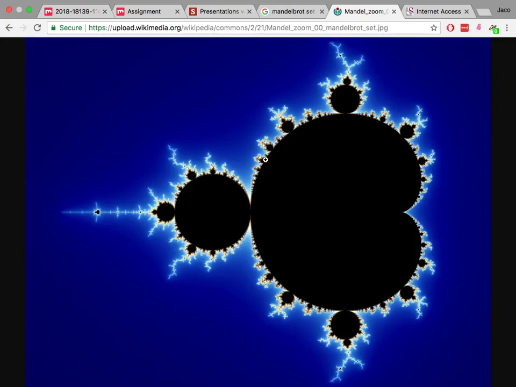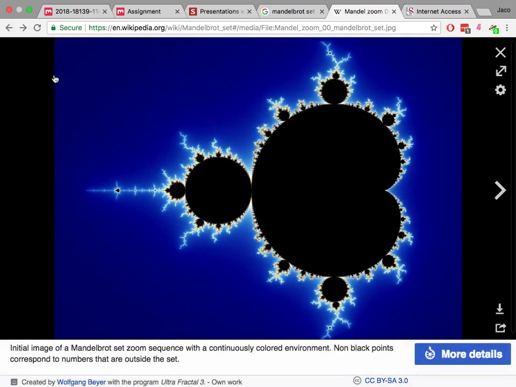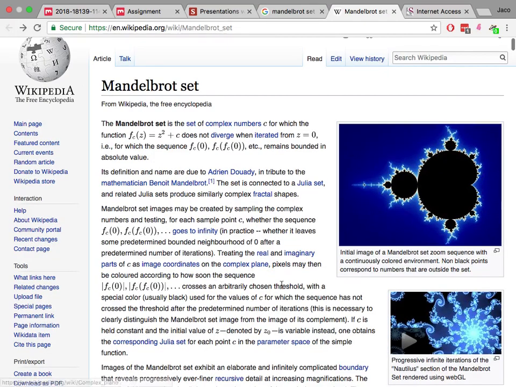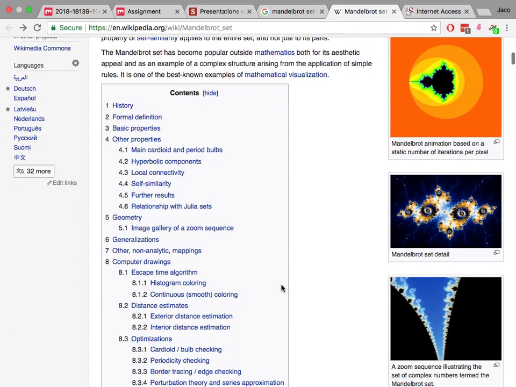Now, just to be clear, it doesn't jump around on this level here. We take that point, and in a different place, we transform it and make it jump outside. We count how many jumps before it goes outside the circle, and then we come back to this drawing and plot the yellow here. It's not as if this point is jumping there and there and there. That's something that's maybe a little confusing.